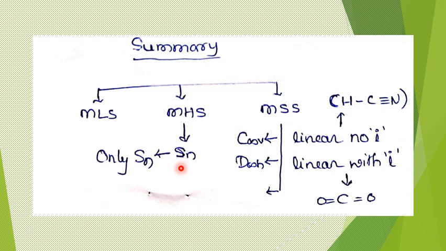identifying the point group. Then we came to molecules with special symmetry. In that, just two point groups have been discussed today: C infinity v and D infinity h. C infinity v is a linear point group without inversion center. So a linear molecule with no inversion center takes the molecule to C infinity v. The example that we have discussed is HCl. Similarly, a linear molecule with i, which is called centrosymmetric, will be D infinity h, and the example that we have discussed is this CO2.